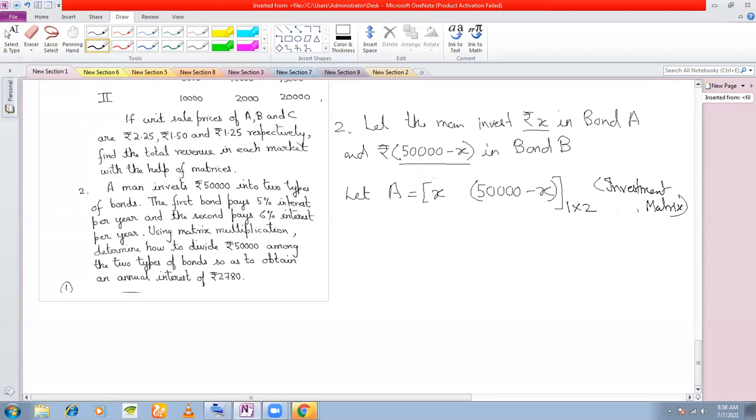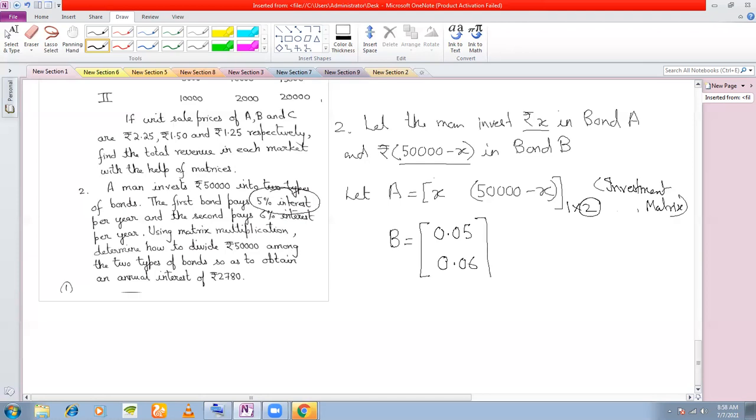Now see, in order to find out the annual interest, what do we need to multiply X by? We need to multiply X with the interest, right? So we form the matrix B. Because we want to multiply it with A, the number of columns of A must be equal to the number of rows of the matrix B. So rows of the matrix B must be equal to 2. And because we need to multiply each investment by the interest, each interest is how many? This is 5% interest. So we are going to keep 5% here, 5 by 100 or 0.05, and 6% here.